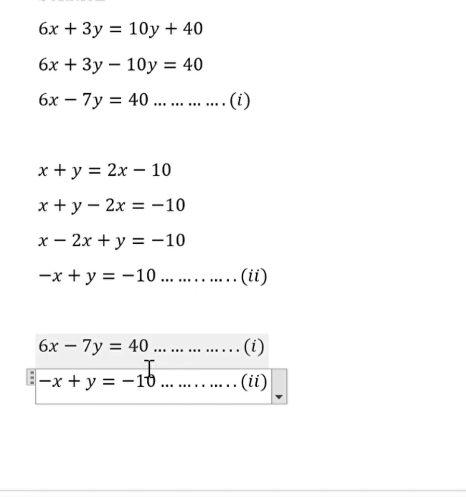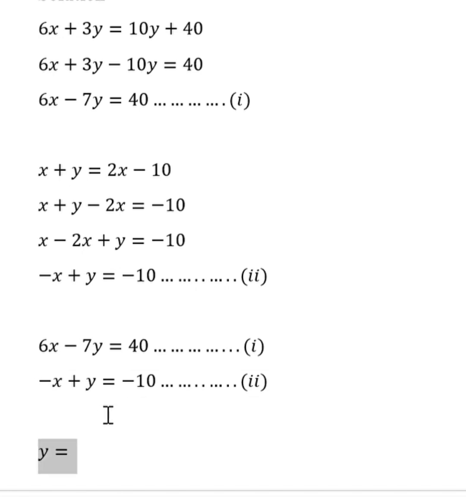You can use substitution method, elimination method, we have a graphical method, and then of course we have the other one, which is a matrix method. So if you use substitution method, where you take the second equation and make y the subject of the formula,